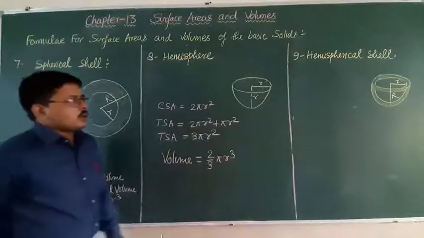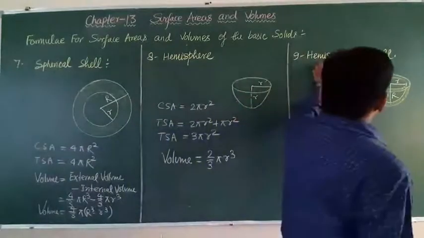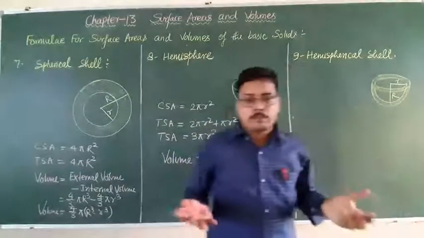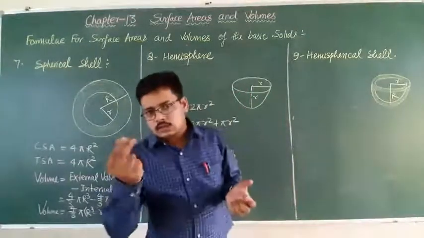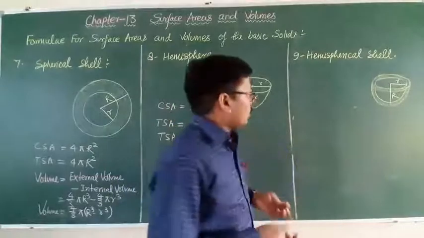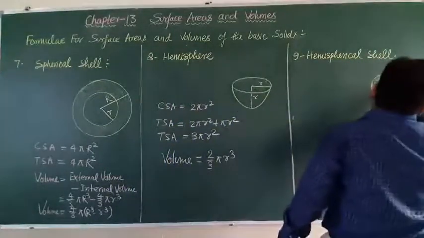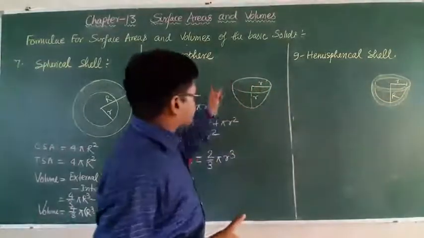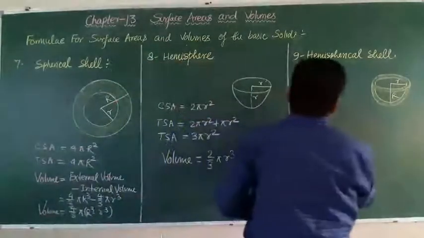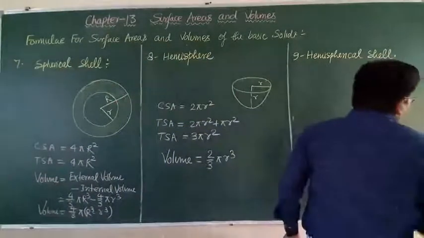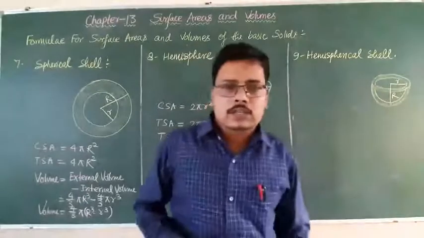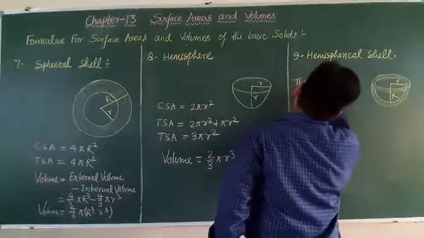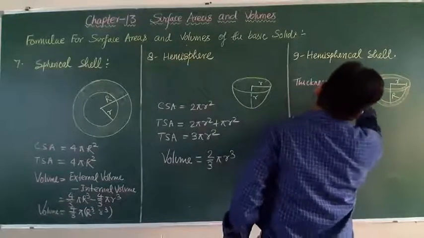Okay, students. Now next, it is hemispherical shell. Suppose hemispherical shell, that is the ball type shape. Okay, it has maybe thickness. Okay, so it has two radii. One is the smaller internal hemisphere and external hemisphere also. तो यहाँ पर भी अगर हम बात करें, then external CSA and internal CSA की बात करें, और thickness भी अगर लिख लें, thickness को क्या लिखेंगे, thickness is equal to capital R minus small r.